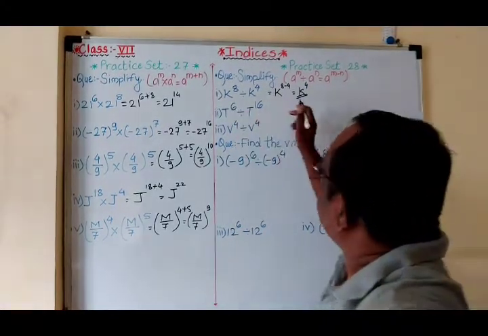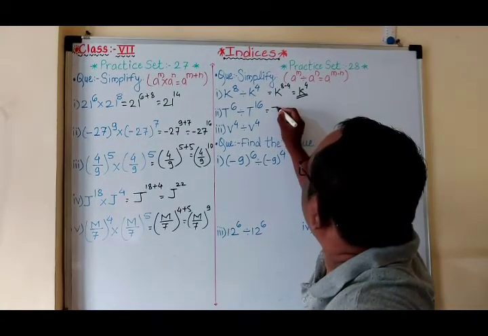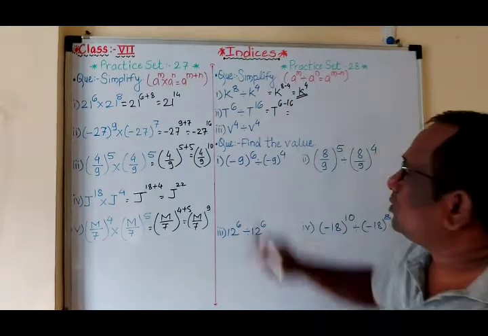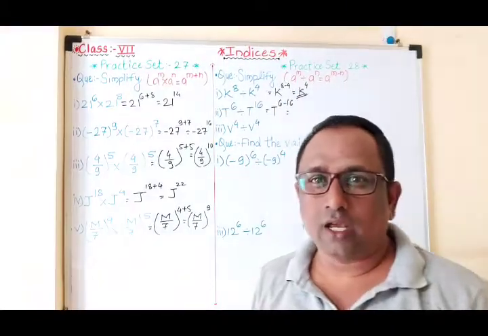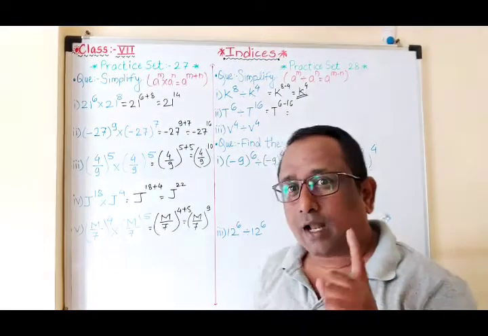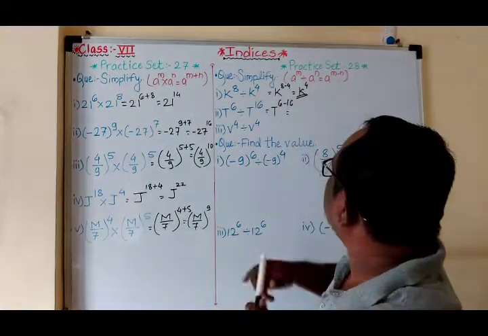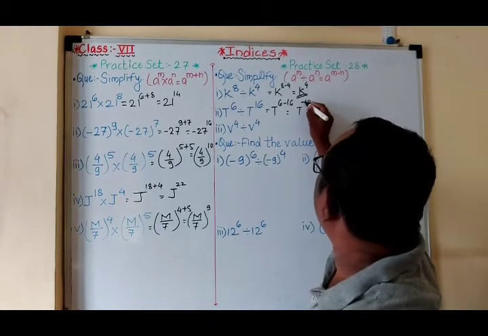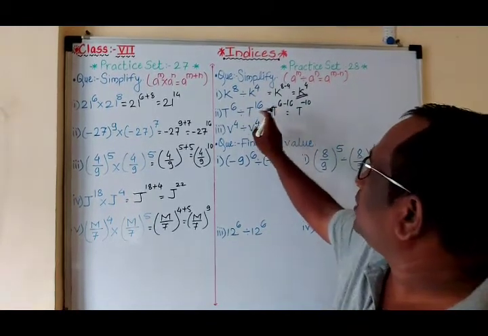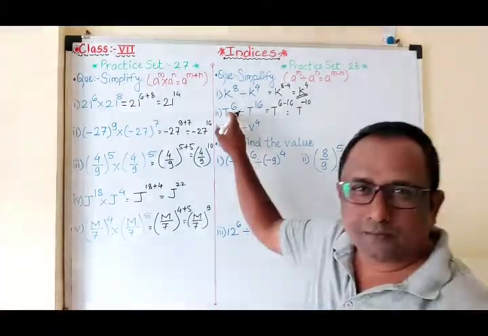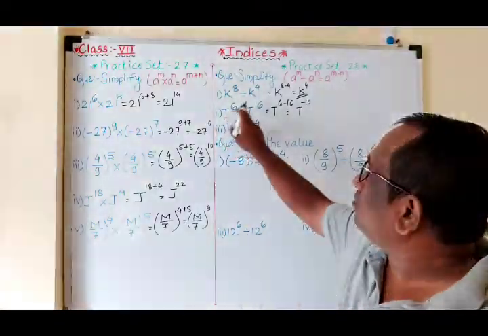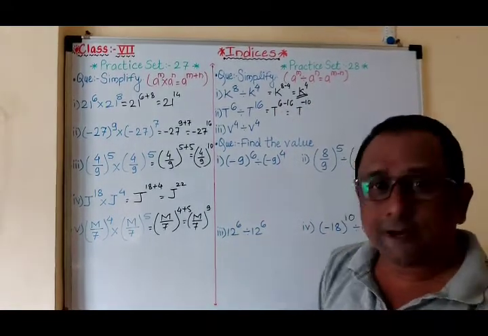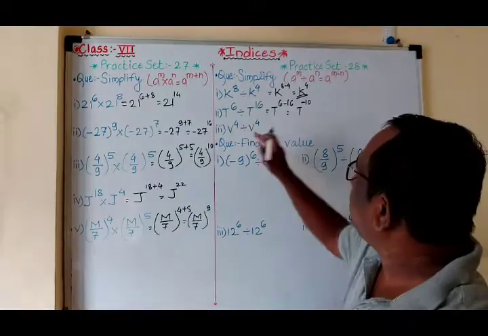Now T to the 6 divided by T to the 16. Okay, so try T to the 6 minus 16. See students, here 6 is smaller than 16. Okay, we can subtract, but our answer is minus, because plus minus minus. So our answer is T to the minus 10. Only in this kind of example, if the first number is smaller, then you have to take care, always write your answer in minus form.